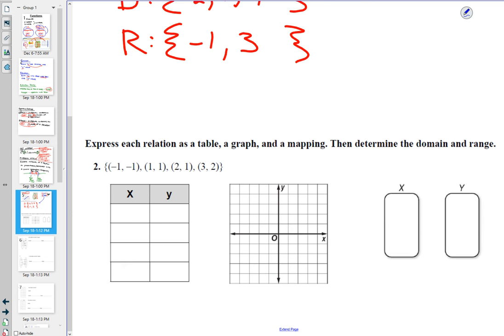All right, so by now you should be done. It really is that fast. The points are (-1, -1), (1, 1), (2, 1), and (3, 2). If you plot the points, (-1, -1) is here, (1, 1) is there, (2, 1), and then (3, 2). On a mapping diagram, all the x's are unique, so I write each one. For the y's, there's only 3 unique ones, so I just write each of the 3. And then when I do the arrows,